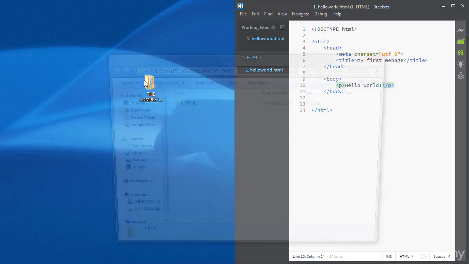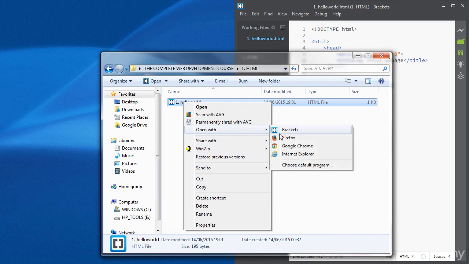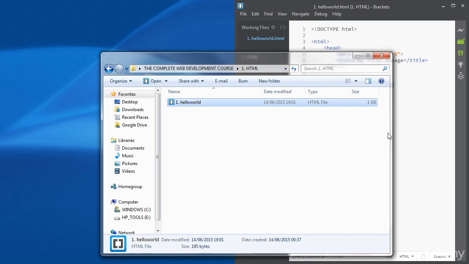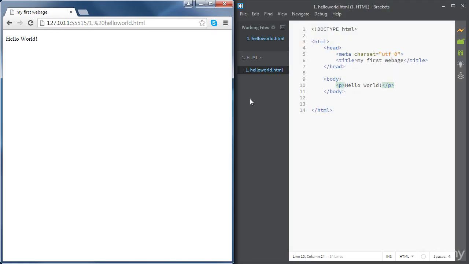So rather than going to the course folder, HTML, and opening the page using Chrome, I'm going to use one of the really good functionalities of Brackets. I'm going to use the live preview icon. So if you click on that icon, okay, and then click on window left,